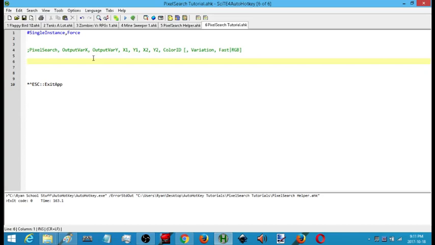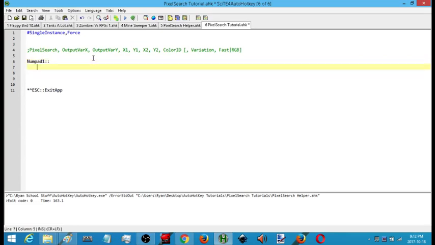But you can incorporate pixel search into any aspect of your script. You can have it as part of a function. You can have it be part of a long script that at just a specific point does a pixel search. But we're going to be using a hotkey so that we can trigger it whenever we want. So I'm going to go ahead and create a hotkey. I'm going to use number pad 1, so it's a key that I'm not going to be typing out very much during the